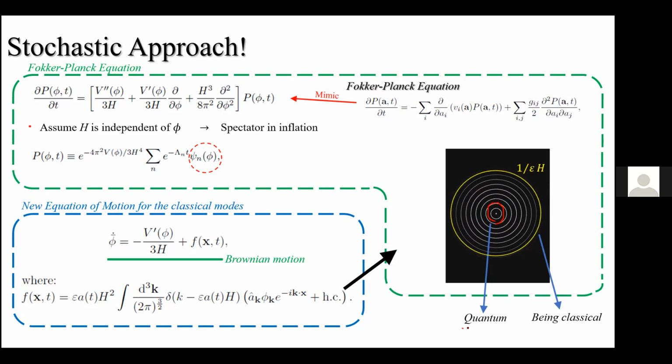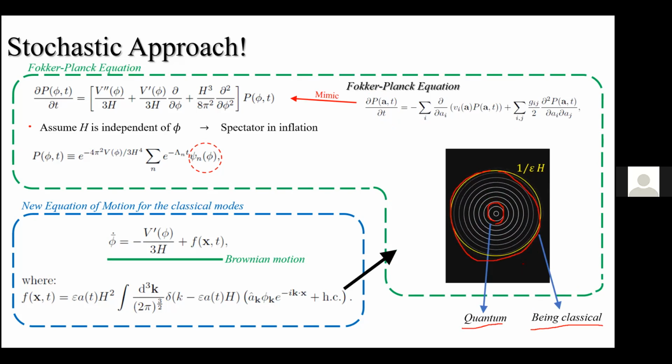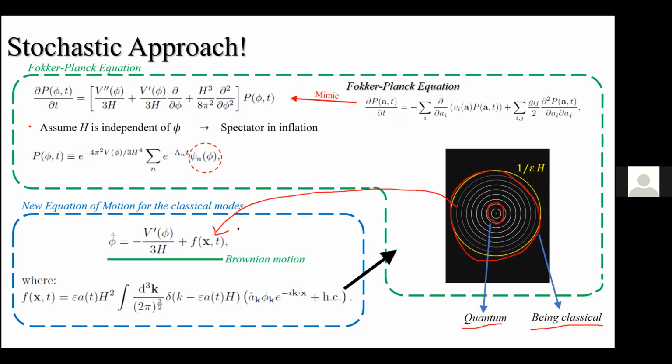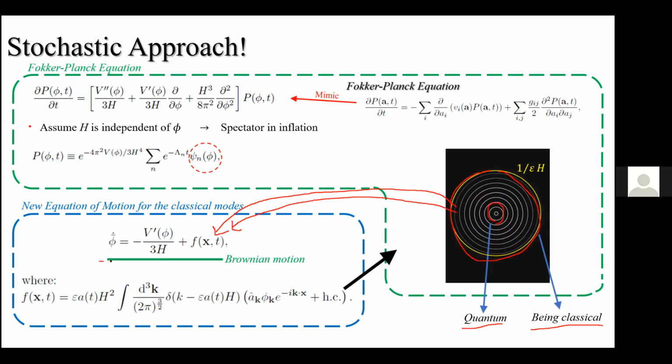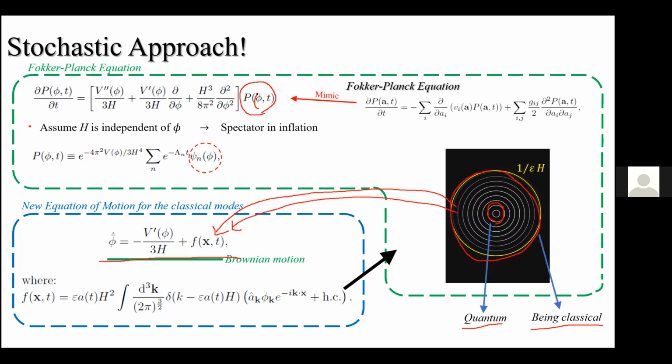A short wavelength corresponds to the quantum mode, right? Then the wavelength which is comparable to your Hubble radius is the so-called classical mode. Every single time you have a mode which just leaves your Hubble horizon, we substitute it into this stochastic term. When you have a second mode that wants to leave your Hubble radius, we substitute it again, then do the calculation again. If we just repeat this, then eventually we can find the distribution of this field, right? In Brownian motion, we consider the position distribution for the ball, right? But in this case, we find the field distribution,